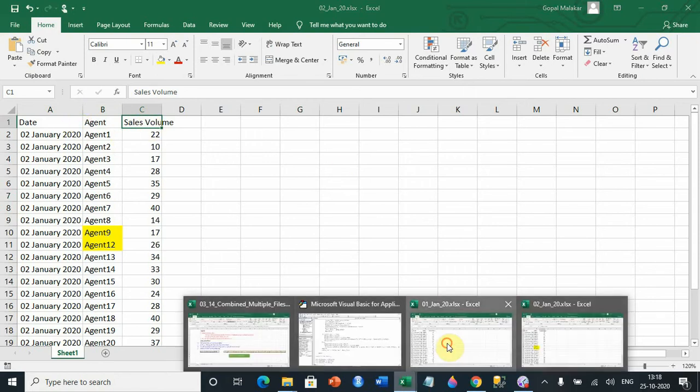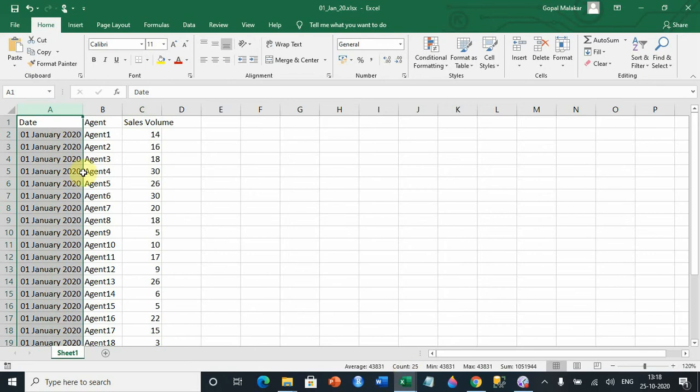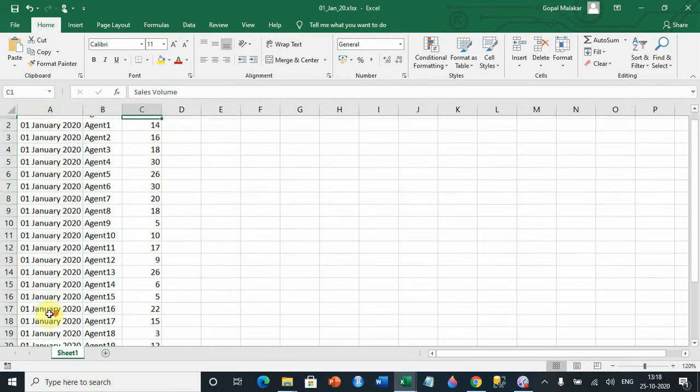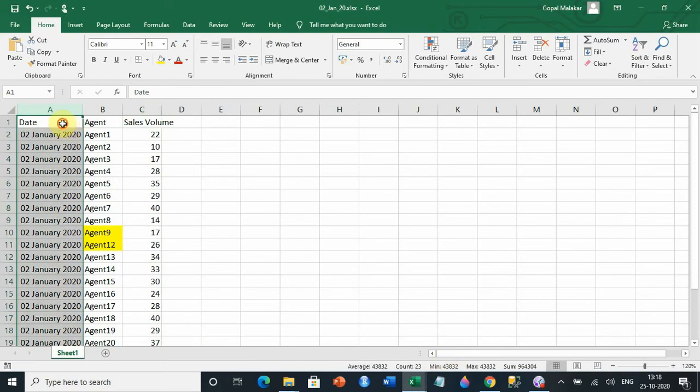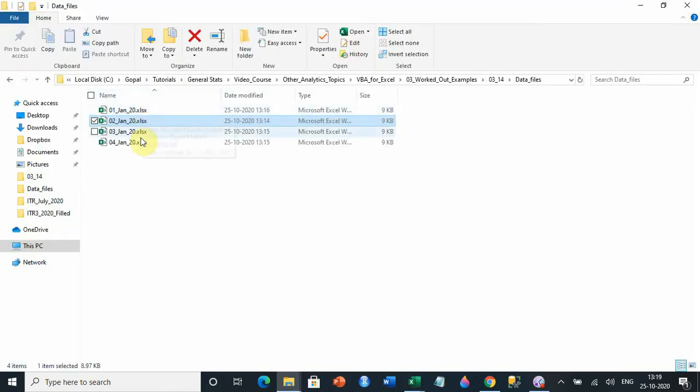If you take a look here, you have a total of 25 rows, because the first row is the header and then you have 24 agents. However, in the second data set you actually have 23 rows, because there is a header and only 22 agents; agent 10 and agent 11 were absent on the second day, so their data is not here. Now the requirement is that you want to combine all of them into one file, and all the data is kept in one particular folder. The folder contains only the data, and you want to combine them together. So how do you do that?